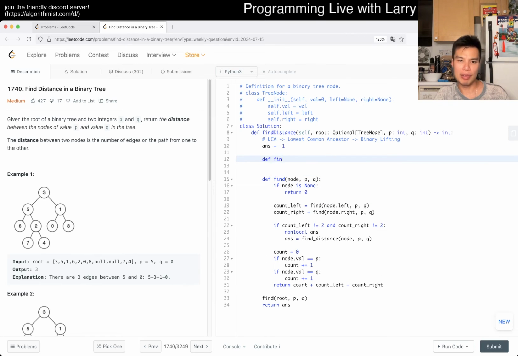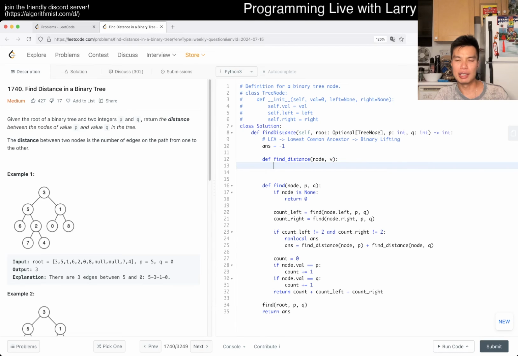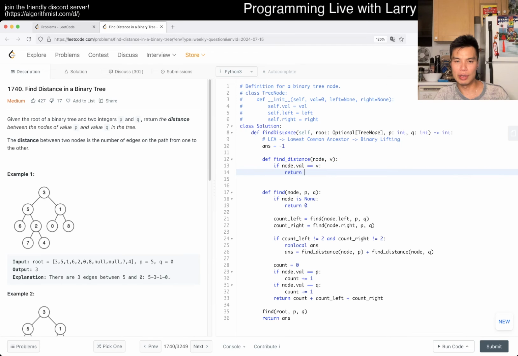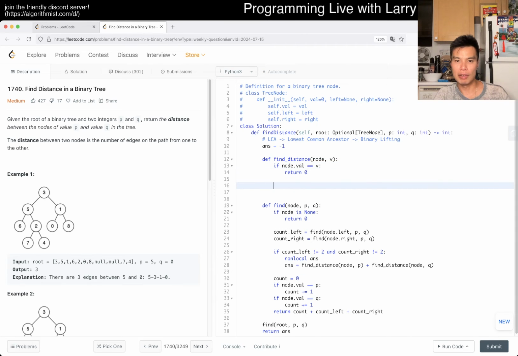Now finding the distance is way more straightforward. You could write it another way, but I'll write it like this, which is a little more straightforward and easier to understand. V is for value. If node.value is equal to v, then we return 0. Otherwise, then